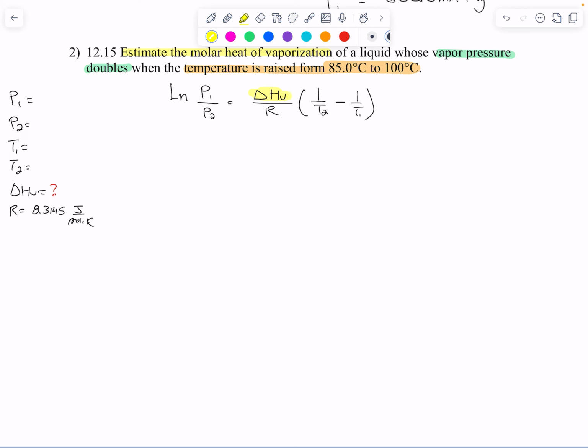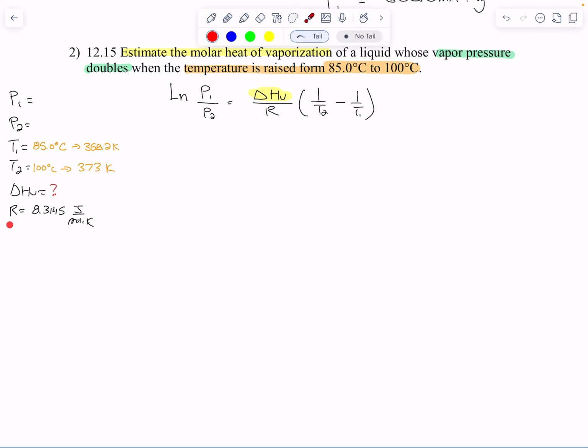T1 is 85 degrees Celsius and T2 is 100 degrees Celsius. Well, 85 degrees Celsius would be 358.2 Kelvin, and 100 degrees Celsius would be 373 Kelvin. All right, so now